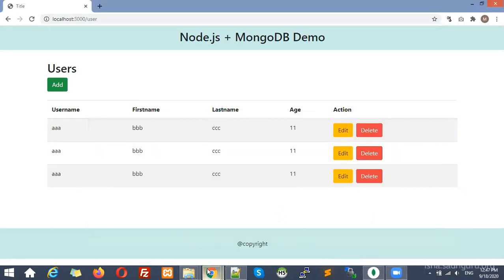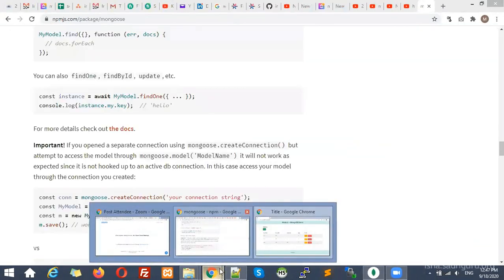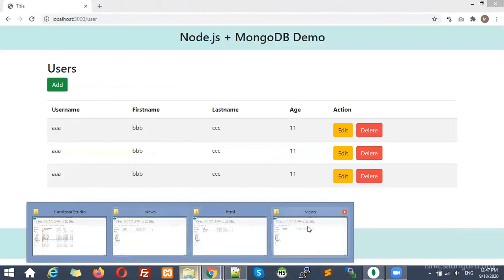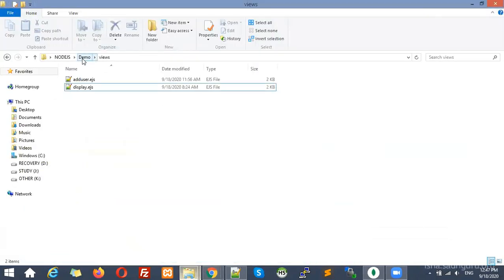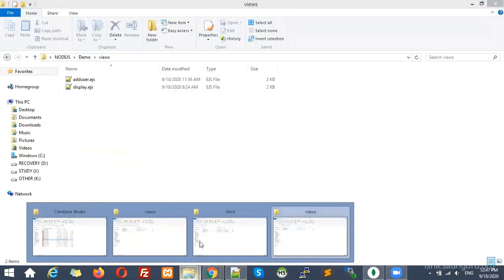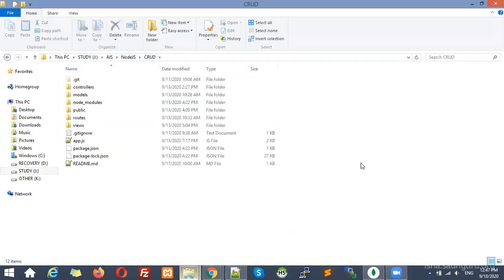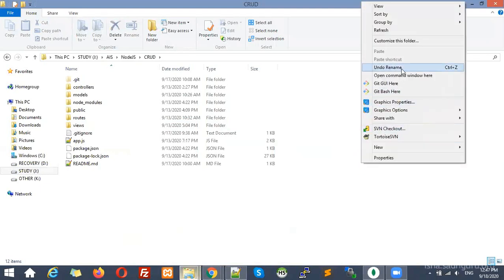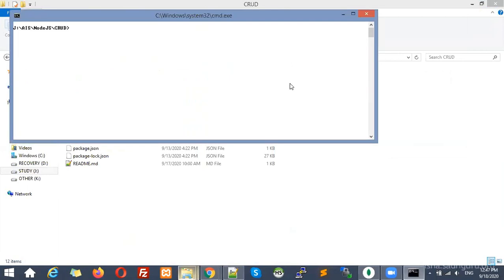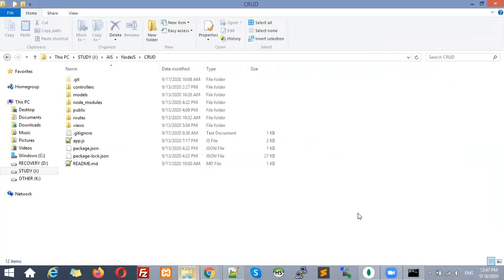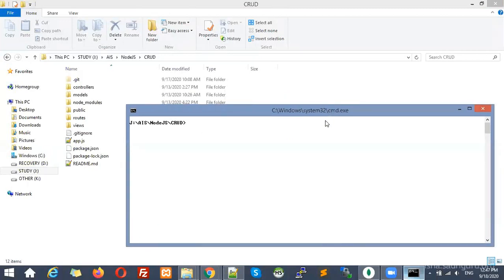Let me close this one and go to the path of that application. Use CRUD here, run it. I have to run it only one time because we are not going to change anything.